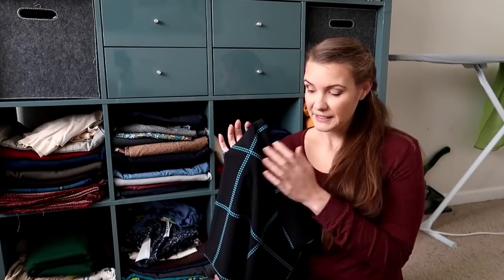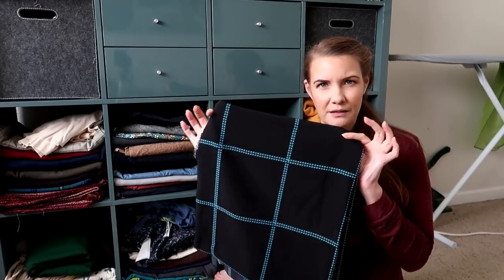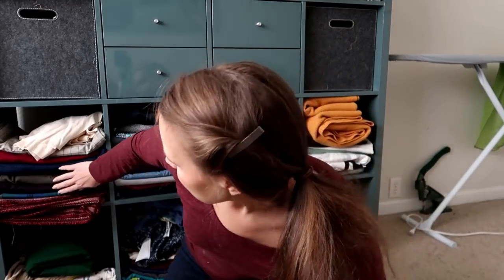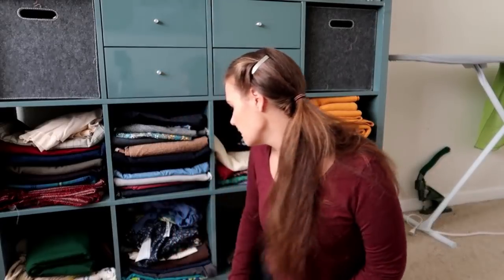I think I picked this up in another colorway as well, like a purple windowpane with a black background. I picked up some wool, this sort of red herringbone wool. I got that at the same time as I got this one. And I can't remember what else I